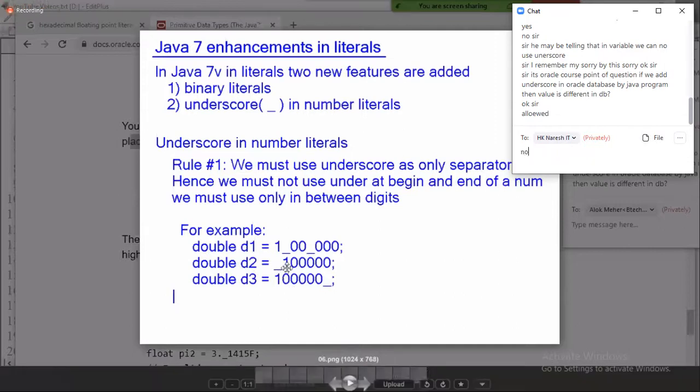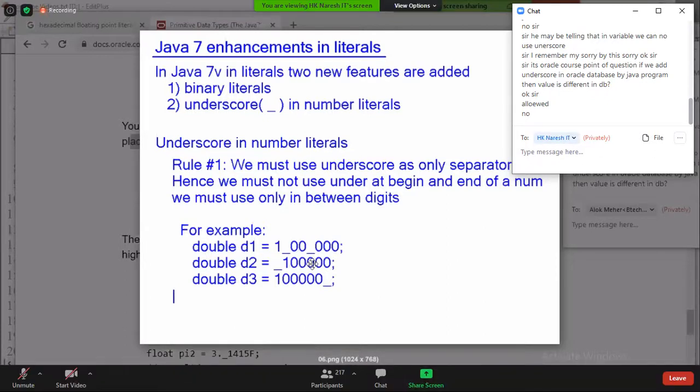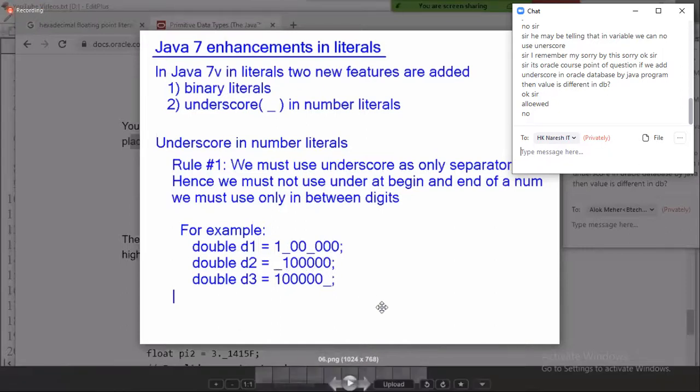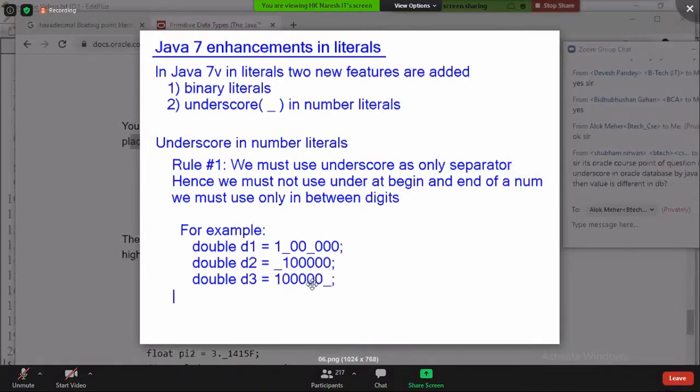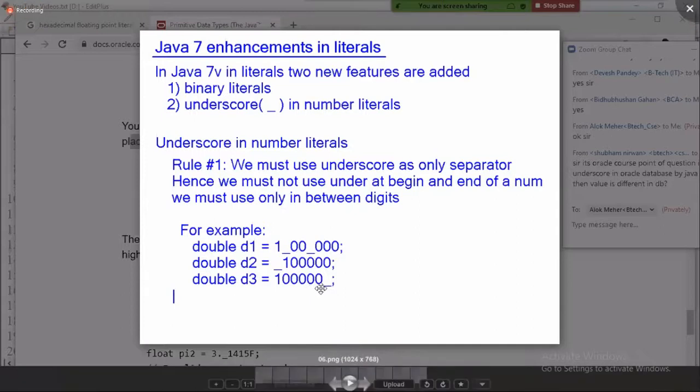No. The compiler treats it as a variable, because anything starting with underscore is an identifier. An identifier without parentheses is called a variable. So the compiler will throw an error: cannot find symbol, variable _1_00_000. If you use underscore at the end of a number, the compiler throws an error: invalid underscore.